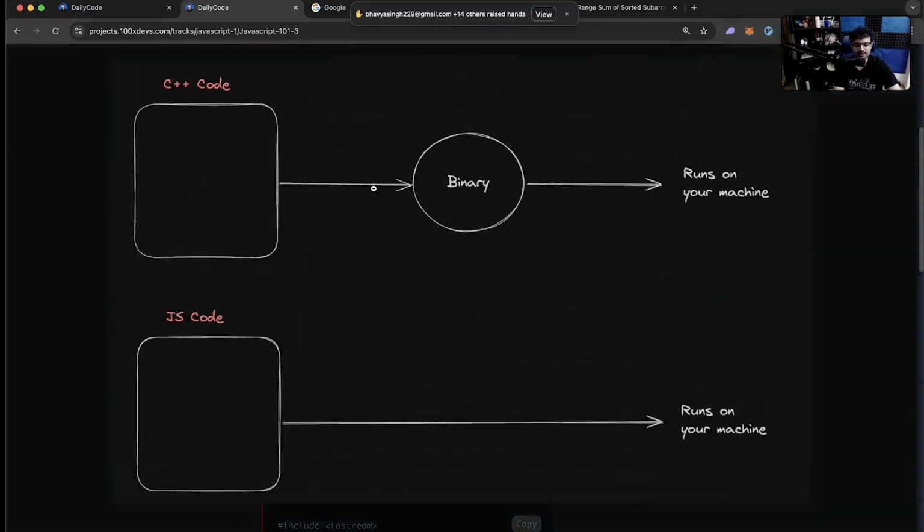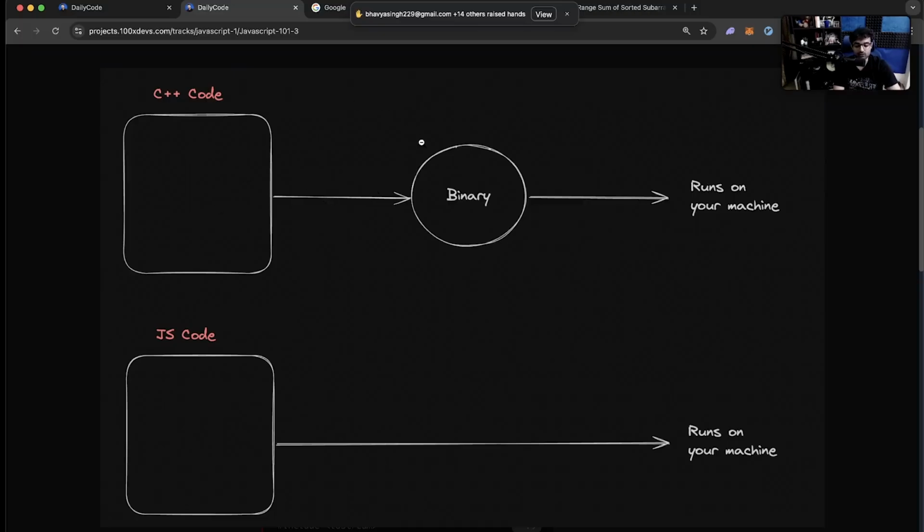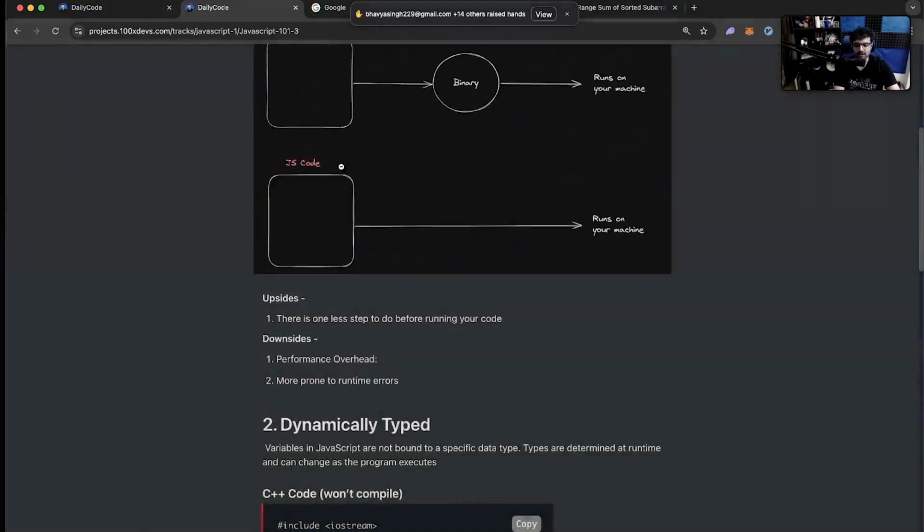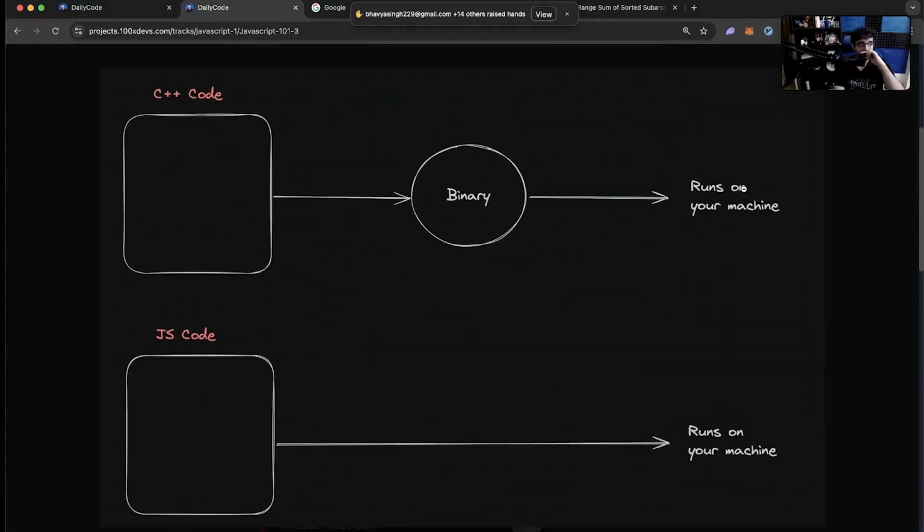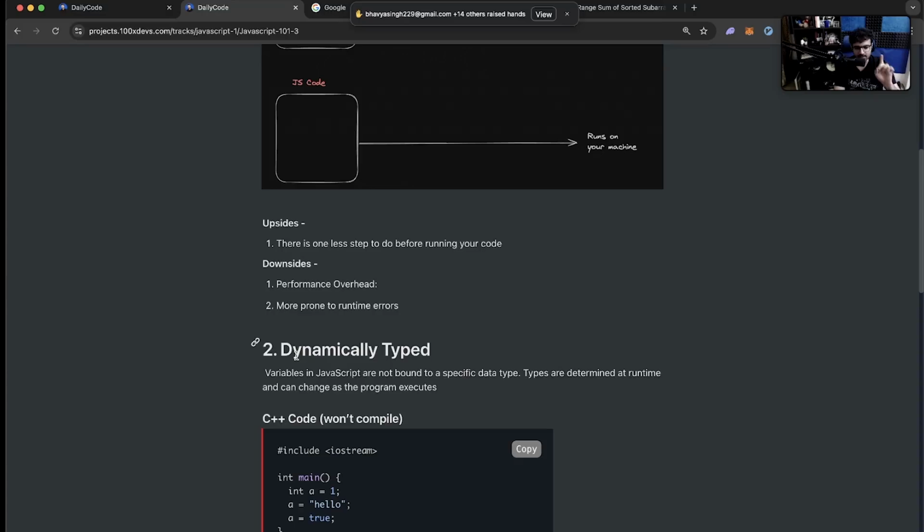Okay, as a developer, it is very cool. You don't have to press 2 commands, first compile the code and then run the code. But in production, this is much better. This is worse. All right, that is 1.